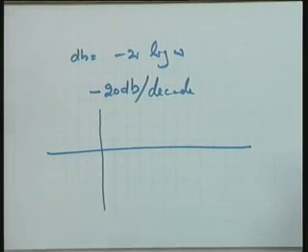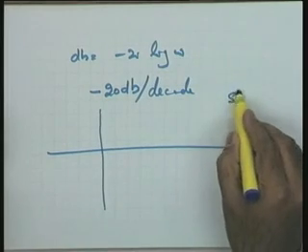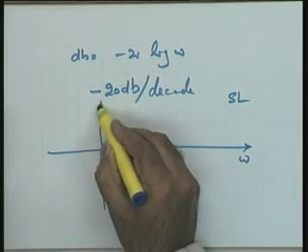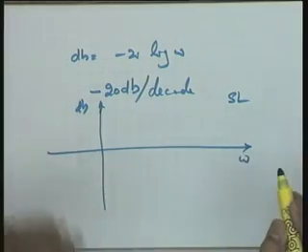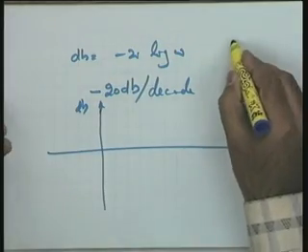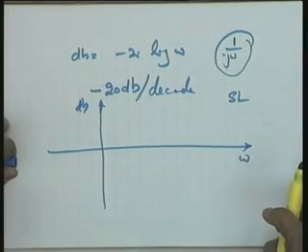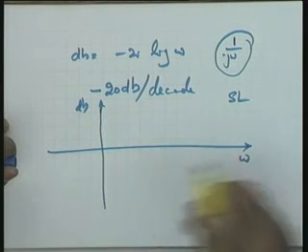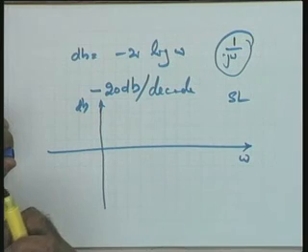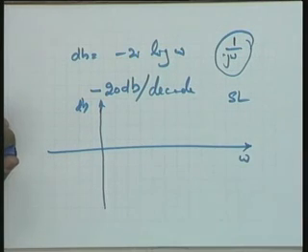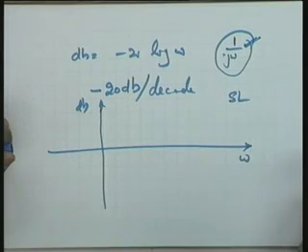Now let me say how I make this sketch. I want to make the magnitude sketch; the angle sketch is very simple, it is minus 90 degrees. So this is omega, on semi log paper, and this is dB. What is the frequency range of interest? Your factor is 1 over j omega. This factor is significant for all frequencies, right from very low frequencies, omega equal to 0, to very high frequencies. So I am interested in the overall range of frequencies.